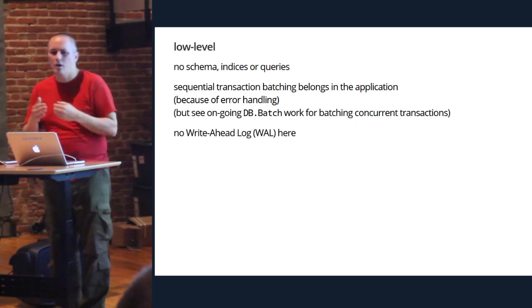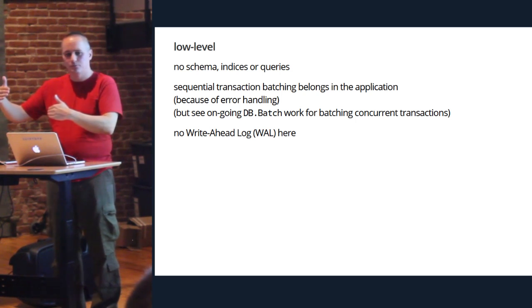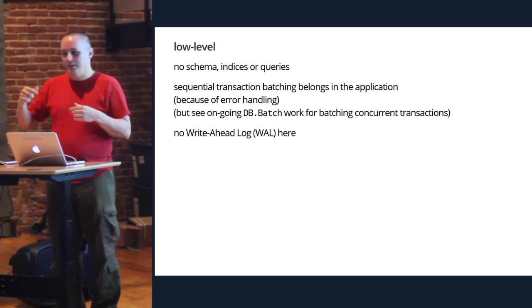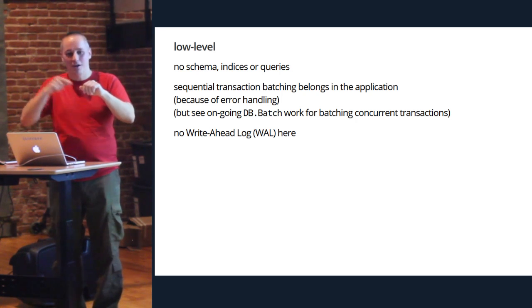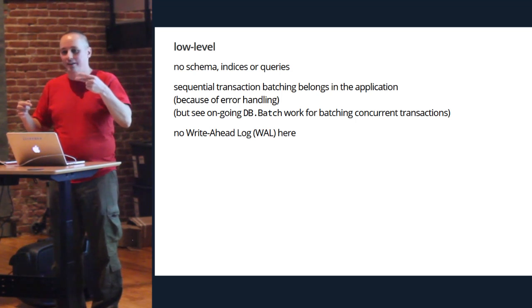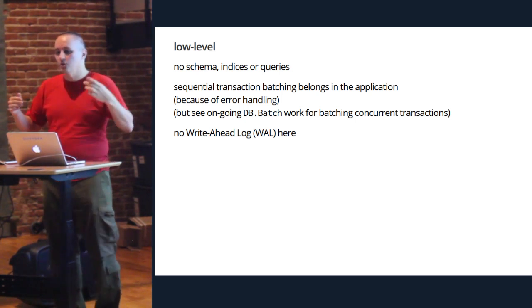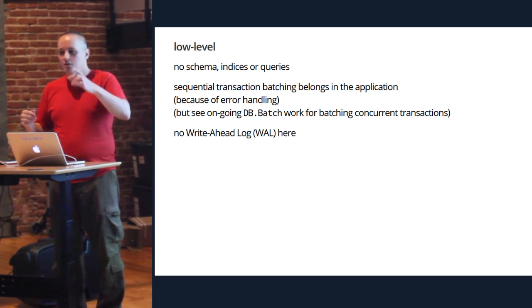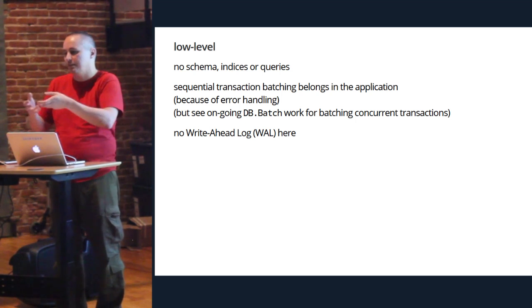So imagine the idea of you wanting to import a file that has 10 million lines, and you create a key for each line. Now, the trivial way of doing it is read a line, parse it, set one key. Read the next line, parse it, set the key. The problem with that is that you're doing 2 full disk syncs for every line. That's 20 million disk syncs, which is going to take probably hours. That's not good. So what you do instead is you want to batch multiple updates into one. So let's say you parse 1,000 lines, do a transaction that writes those out. And you can make that be streaming, so you're not holding them in memory or anything like that